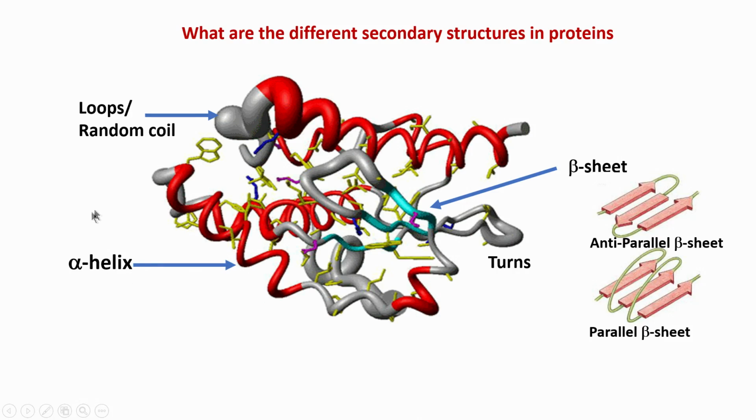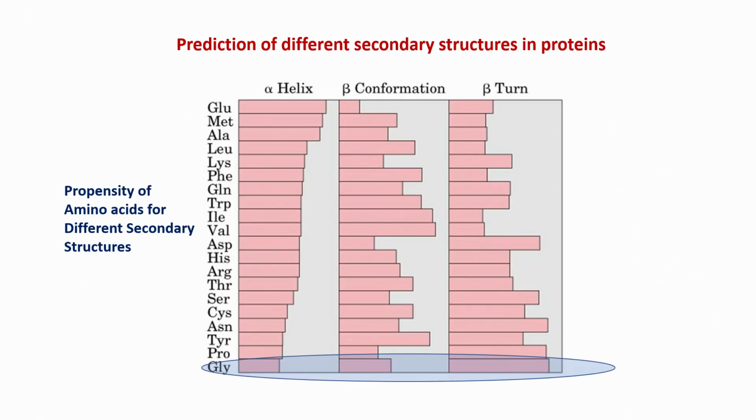So, basically there are broadly 3 categories in the CSI method and J coupling, that is alpha helix, random coil and beta sheet. But we will see that with J coupling we can still slightly distinguish between some more helices like 3 10 and alpha helix, that we will see as we go along. So, these are the different secondary structures. Now, one thing we have to keep in mind is that each of the 20 amino acids which are there in a protein has different propensities for secondary structures, meaning they have different tendencies to be in alpha helix or beta sheet or random coil.